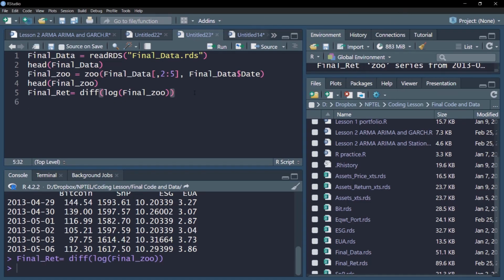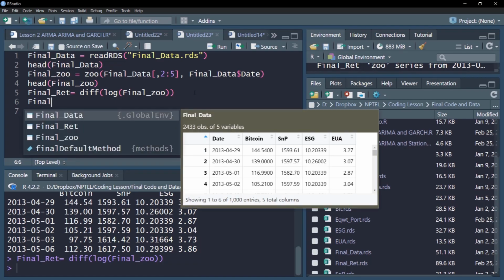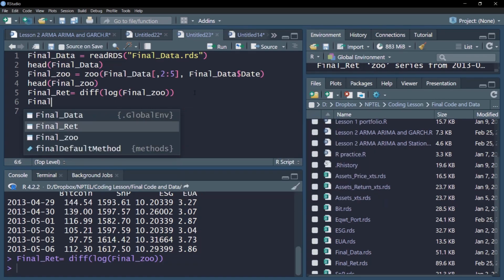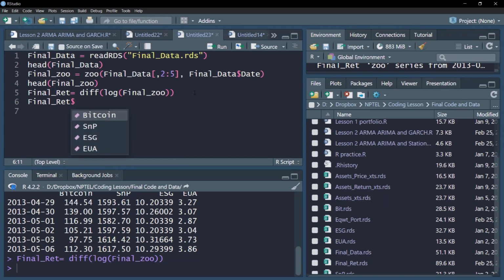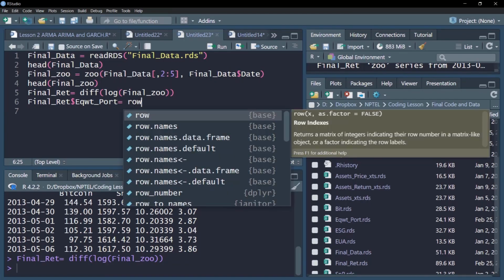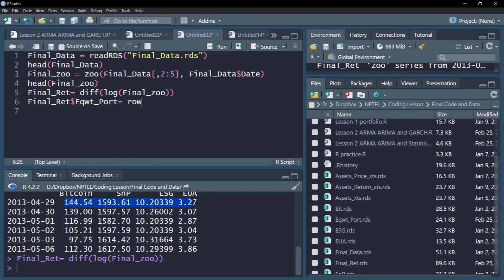Now in this return object, I will construct my equal weighted portfolio by simply taking row means. For example, I'll run this final return dollar equal weight portfolio. So I'm creating this equal weight portfolio, which is nothing but row means. I'm taking the means of the corresponding rows. Let me show you what is inside my final return object.